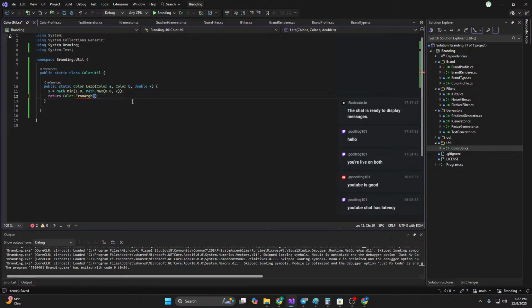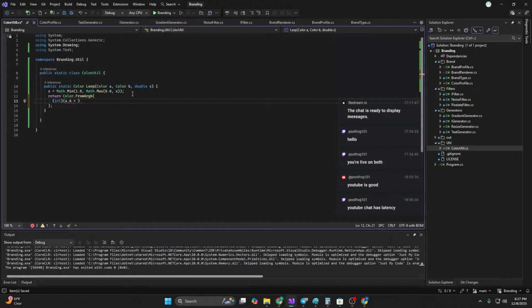From ARGB. So now, we're going to have to cast it back to int because we're going to do double math. It's going to be a dot alpha